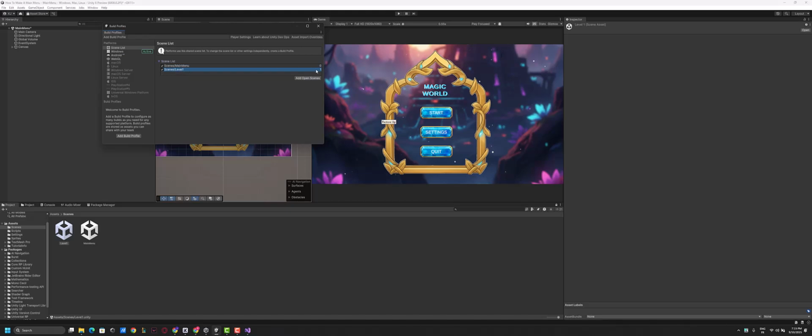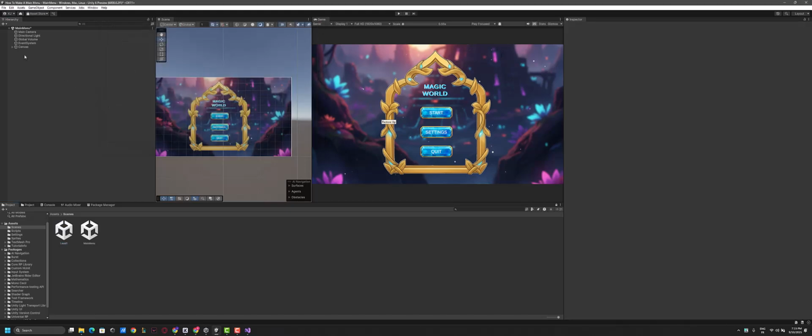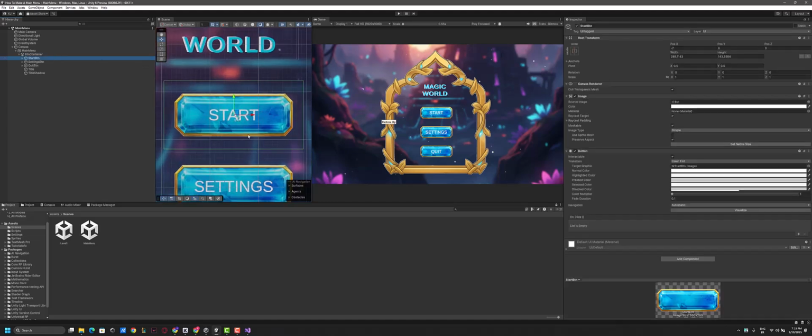Okay. And as you can see over here, the level 1 also has an index. So either we can do in the code load scene level 1 or load scene, and we put number 1, which is corresponding to the scene. Okay, great. Now what is left is to wire the events. So I will go to our start button, then I'll select it. In the right side in the inspector, I will find the button component, and in it there is the on click event. I'm going to click on the plus,